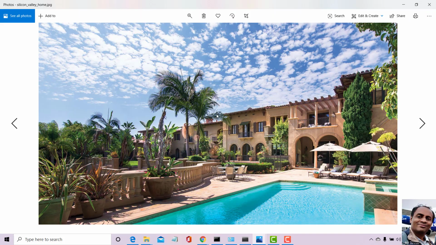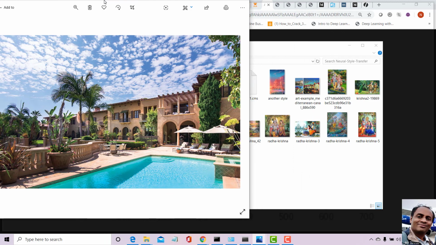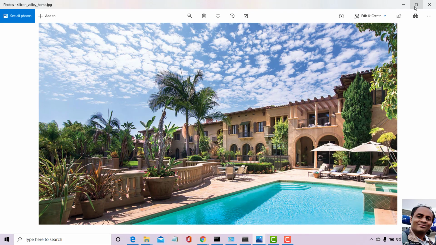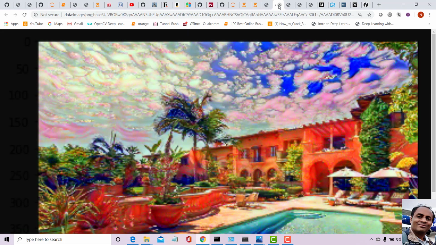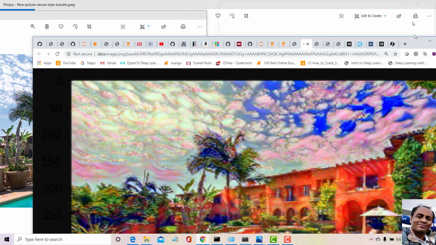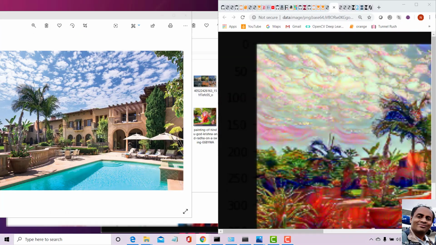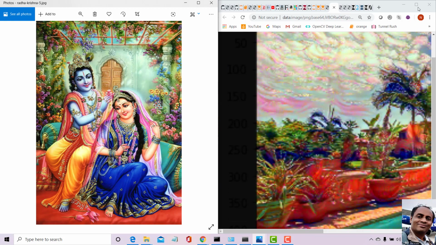So this was the original image, and after doing the neural style transfer, this image has become like this. Wow. Is there a big difference? Yes, of course. This image has got the style of this image.